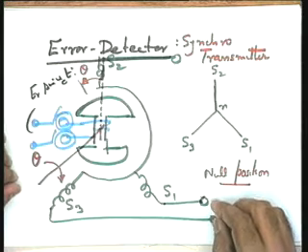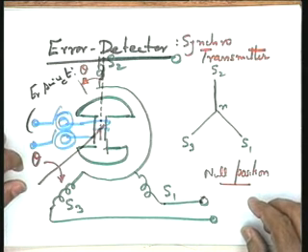So if you have to determine the null position, that is the reference position of the rotor, you will measure the voltage across S1, S3. When this voltage becomes equal to 0, mark that position as theta is equal to 0, and all the measurements of theta should be done with respect to that position. Okay? So, keep in mind, in the null position, maximum flux is linked with the S2 winding, and the voltage across S1, S3 is equal to 0.